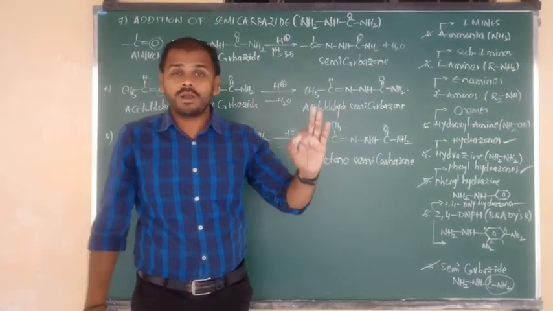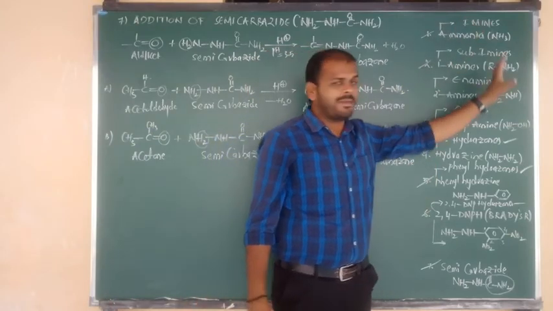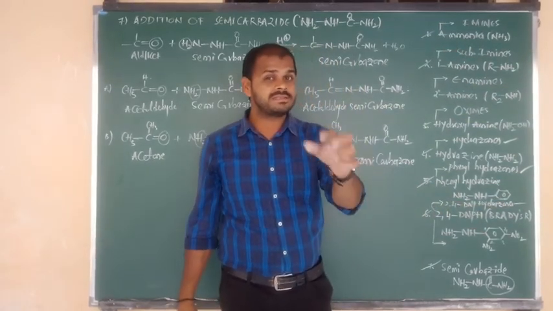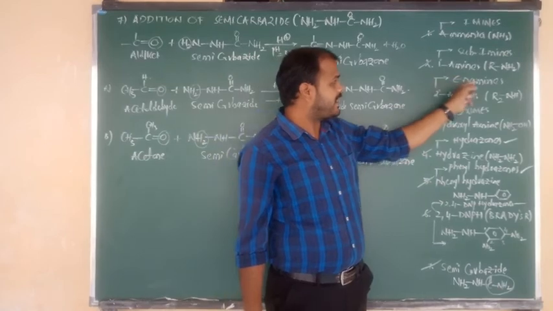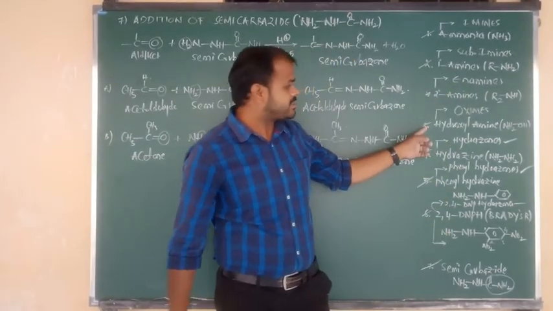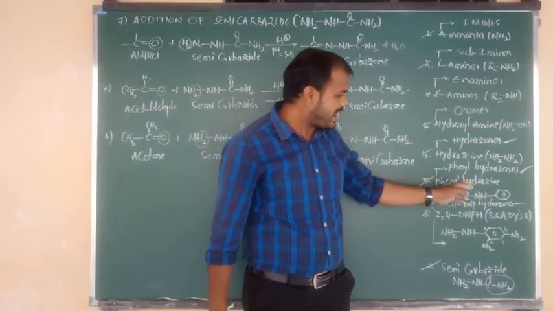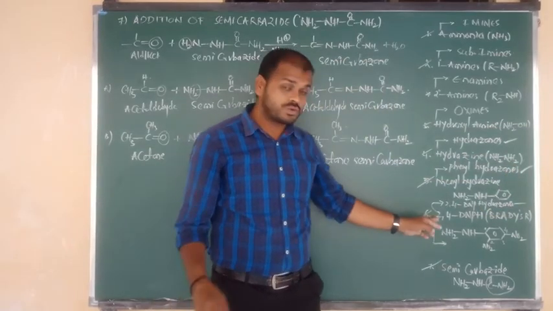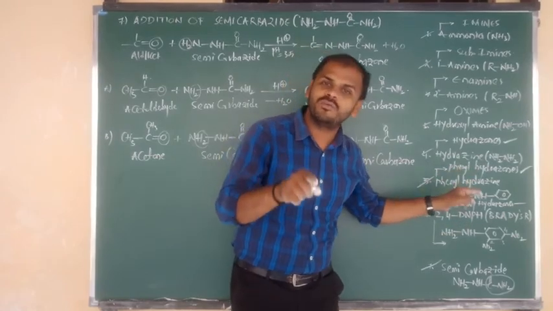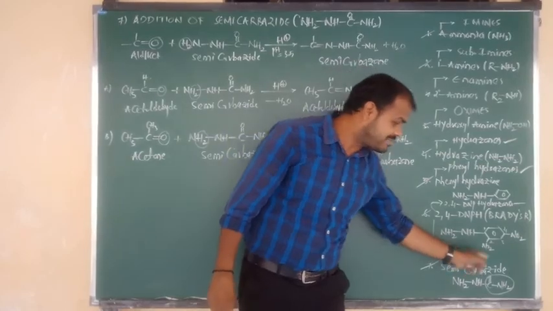Once again, one short picture. Aldehydes and ketones on addition with ammonia give amines. On addition with primary amine they give substituted amines, and we can say Schiff's bases. On addition with secondary amine they give enamines. This is only for objective secondary amine. Next, hydroxylamine gives oximes, hydrazine gives hydrazones, phenylhydrazine gives phenylhydrazones, 2,4-dinitrophenylhydrazine gives 2,4-dinitrophenylhydrazone. Again same thing, hydrazine to hydrazone, beta. And the last one is semicarbazide.